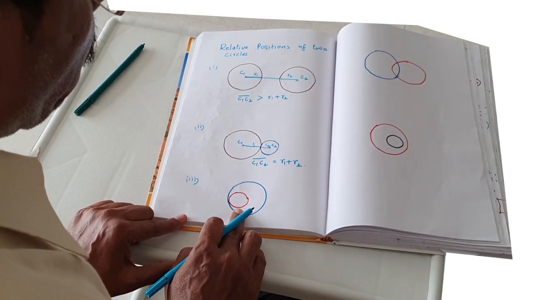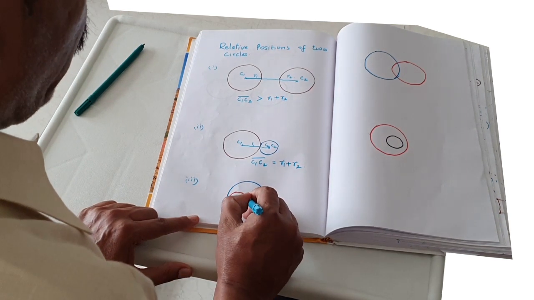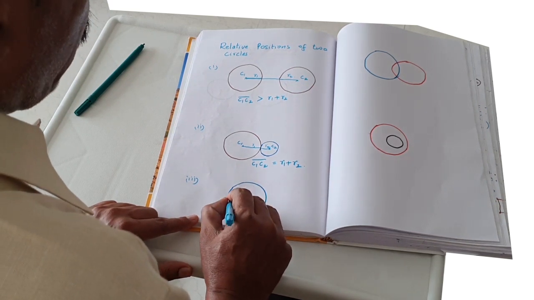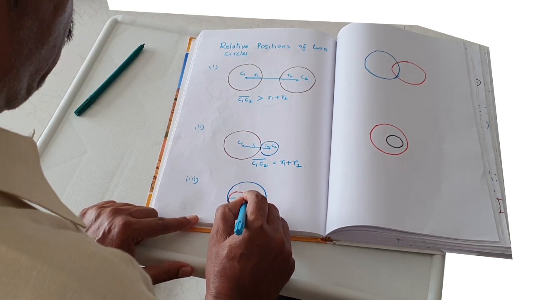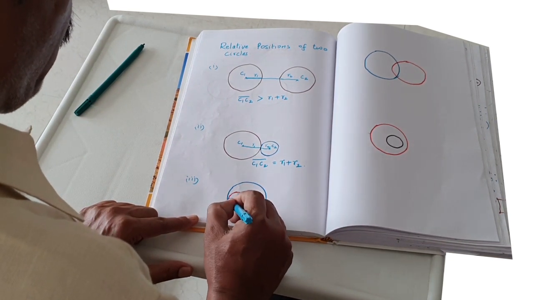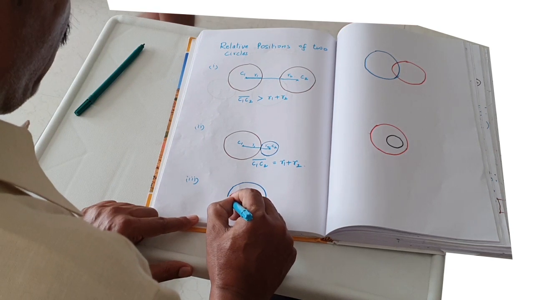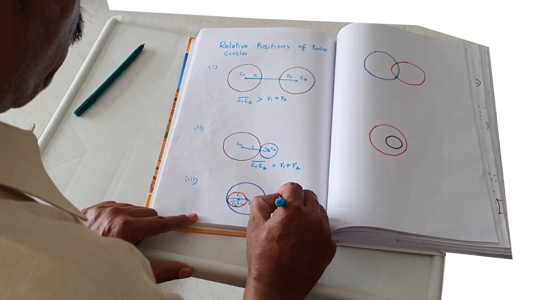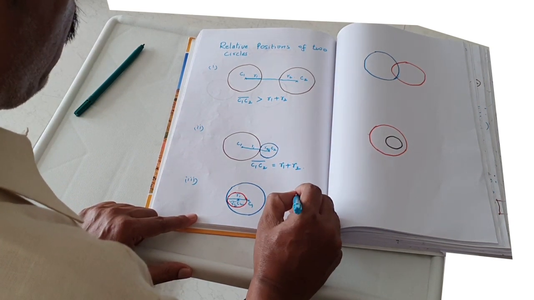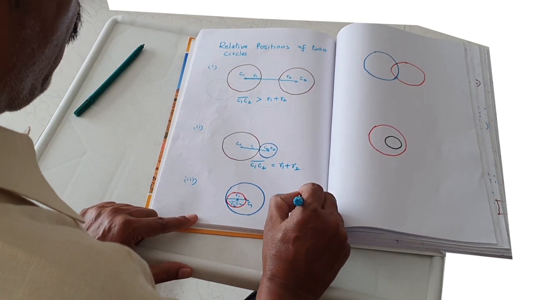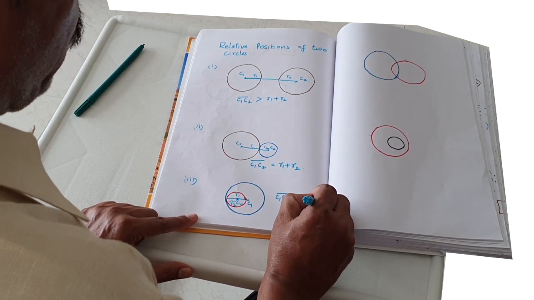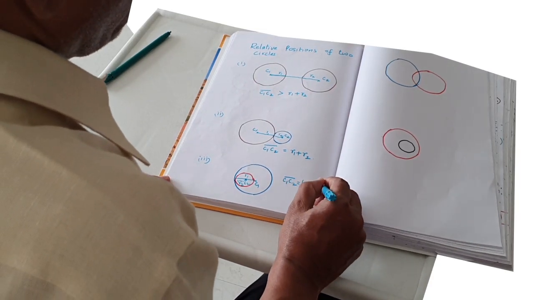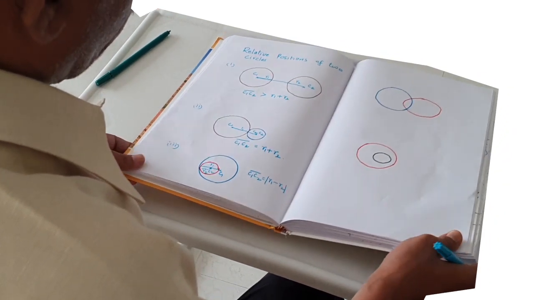And in another case, case 3, you observe that here also the two circles touch each other. But here is one difference. C1, C2 are the centers of these circles. This one is R1 and this one is R2. Right? Here C1 C2 is equal to the difference of R1 and R2. Okay. C1 C2 is equal to the absolute difference R1 minus R2. Then the two circles touch internally.